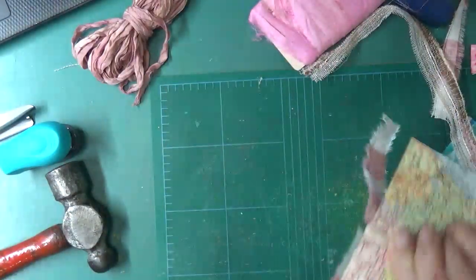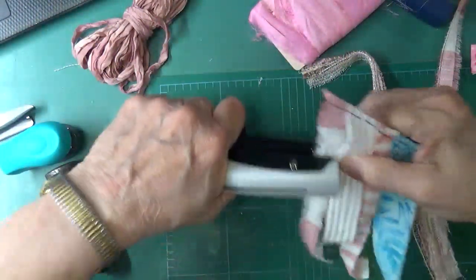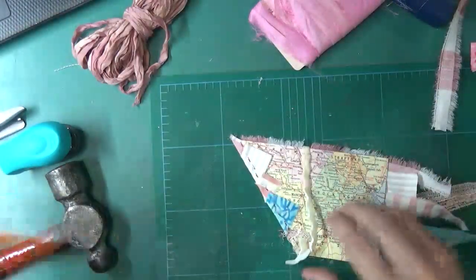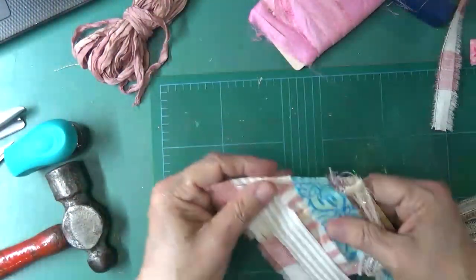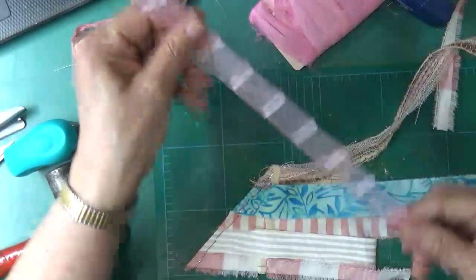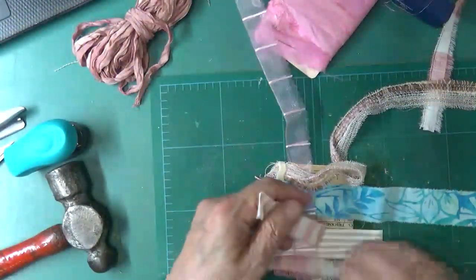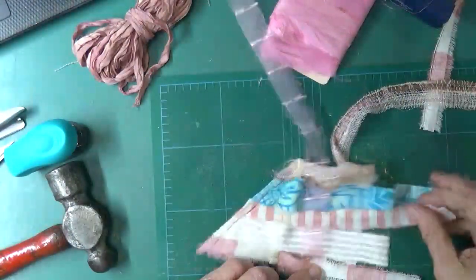Okay. Let's bring in the tiny staple. Aha. Okay. We'll bring in the tiny staple. All right. Now, let's trim that off. And we shall continue. We'll see what we end up getting. Here's a fun, I love working with this. I have used this part of a curtain in many applications. Okay, so